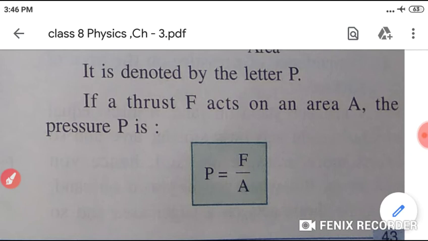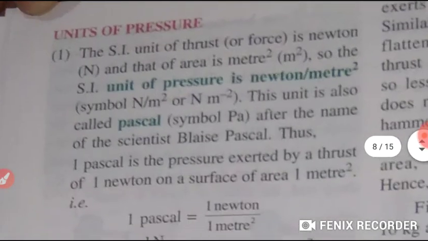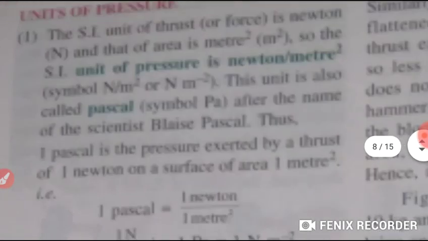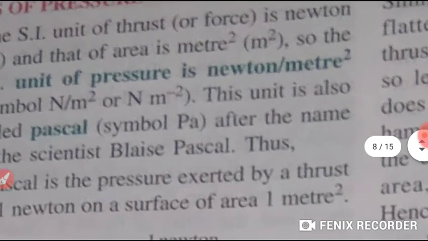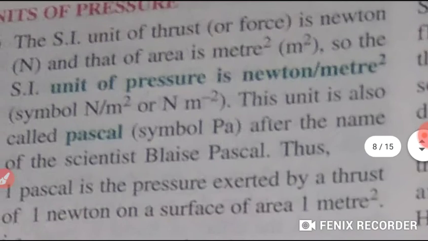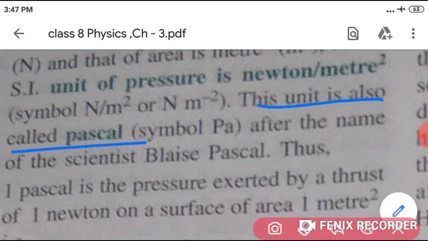Now, let's see the units of pressure. What are the units of pressure? Students, the SI unit of thrust or force is Newton, and that of area is meter square. So, the SI unit of pressure is Newton per meter square. This unit is also called Pascal. Underline this. The symbol is Pa, after which scientist? Blaise